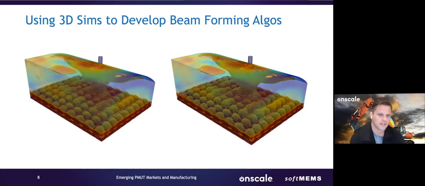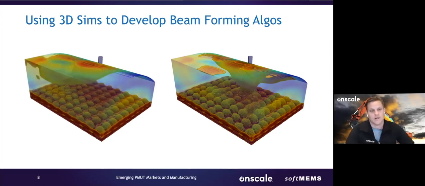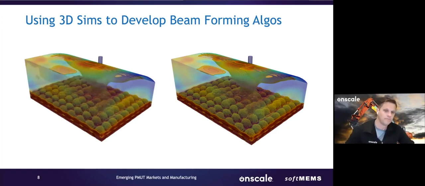Algorithm engineers love to get physical test data in order to create their software algorithms to correct for things like cell-to-cell variance, or to test different beamforming approaches. But instead of using a physical test sample or an engineering sample to create those algorithms, you can actually just simulate these large three-dimensional arrays and give that data to your algorithm engineers so that they can create their